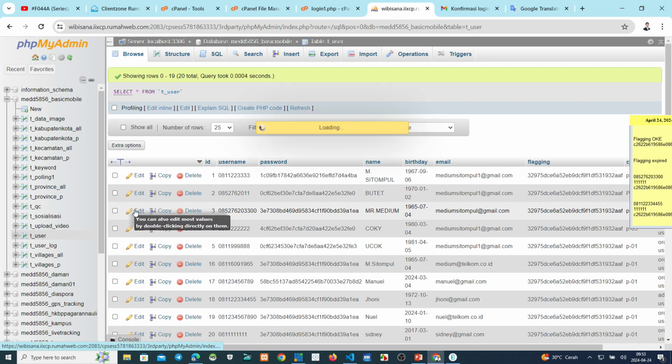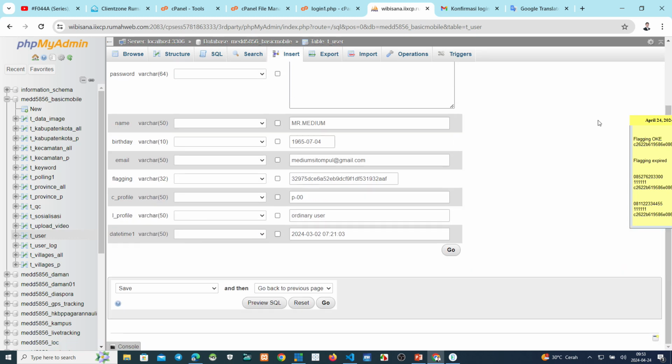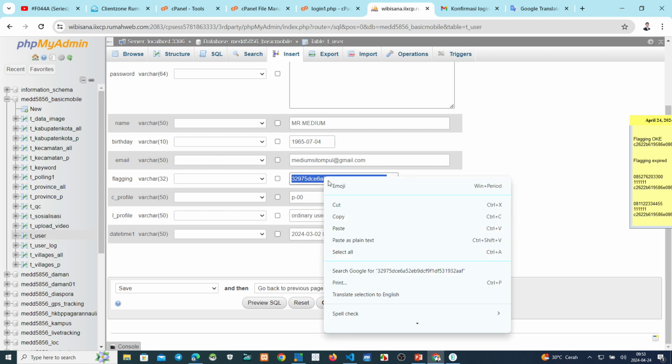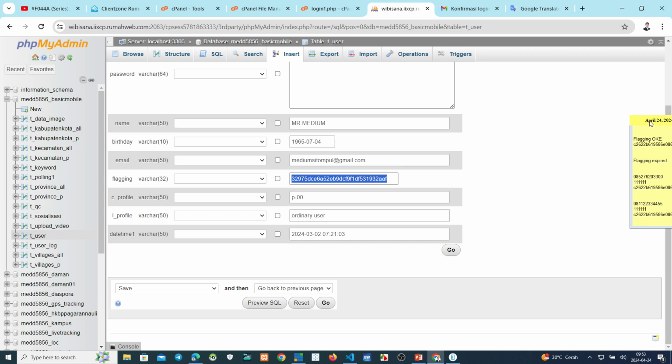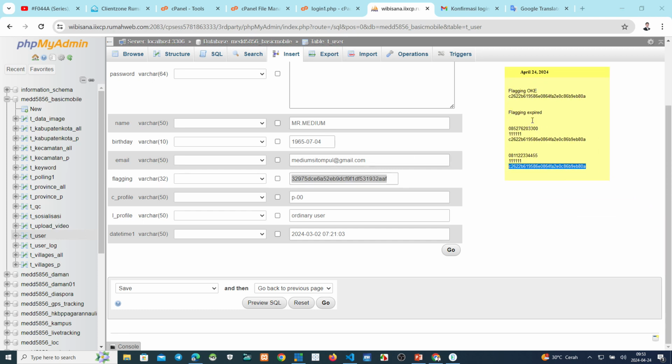Okay, we check the new flagging. This is the new flagging. Copy. Flagging expired. This one. Copy. Different. This is the new flagging for expired.